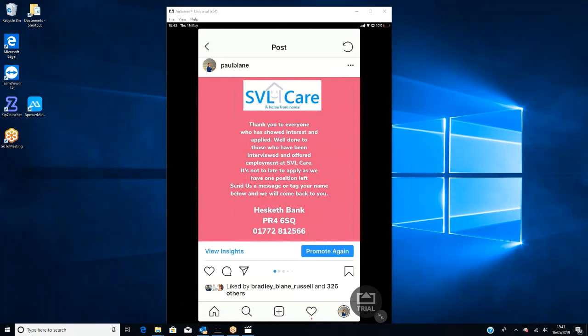It's not a case of guesswork. All these posts were built the week before they went out and then programmed into Instagram, redesigned for Facebook and redesigned for LinkedIn to ensure that they hit those target markets. And for that small care home in Hesketh Bank, which is only a 30-bedded home, and Hesketh Bank is a very rural village, for those that are saying that we can't get people to come to work for a small care home, they roughly had about 120 to 130 applicants for the positions available. So it just shows you with the right strategy, you can actually hit the right market at the right time.